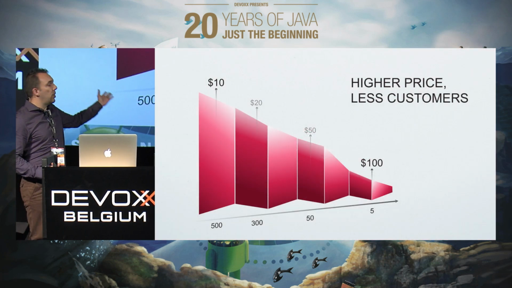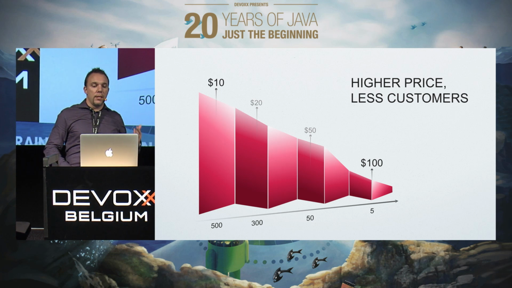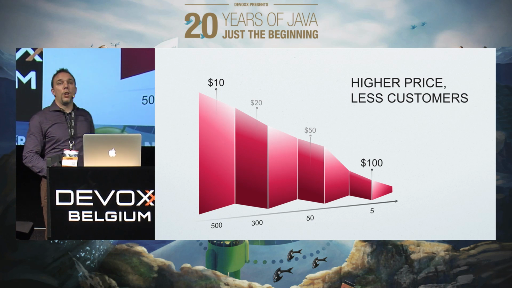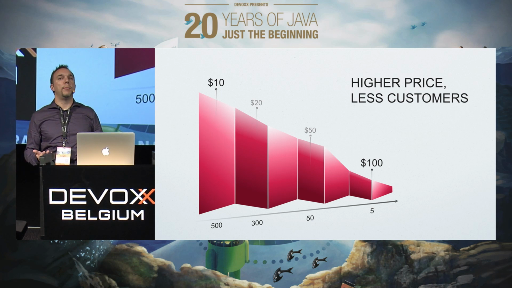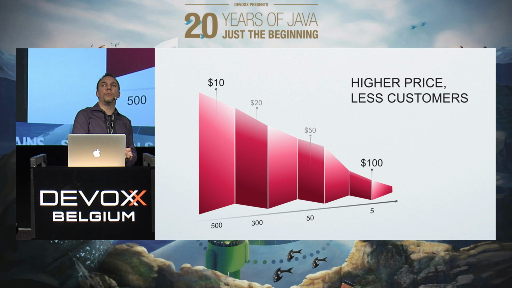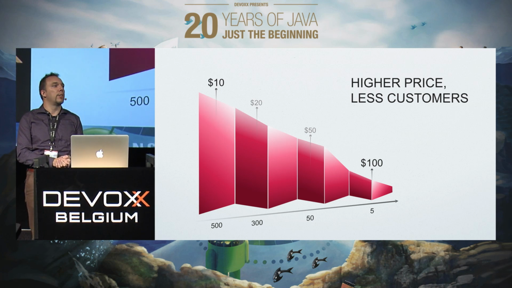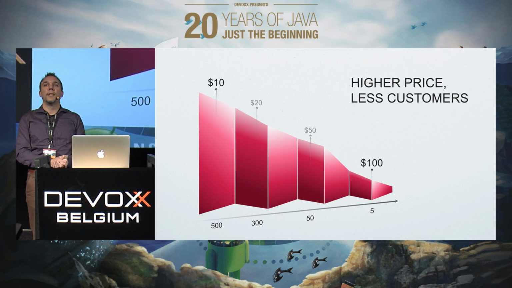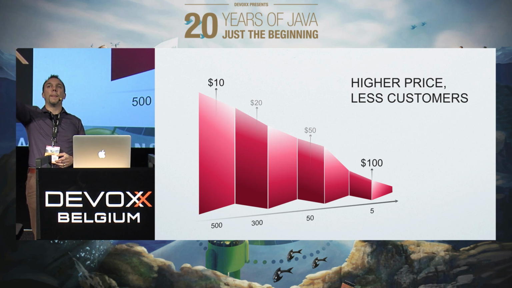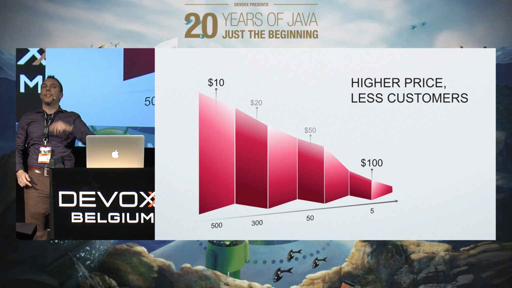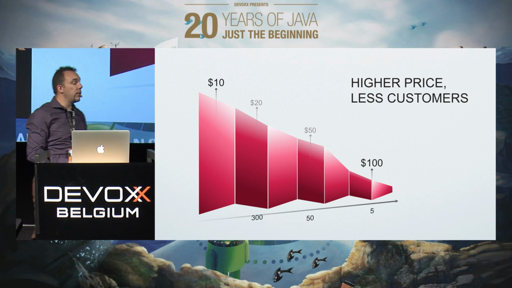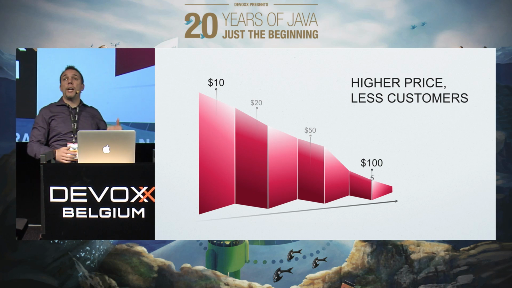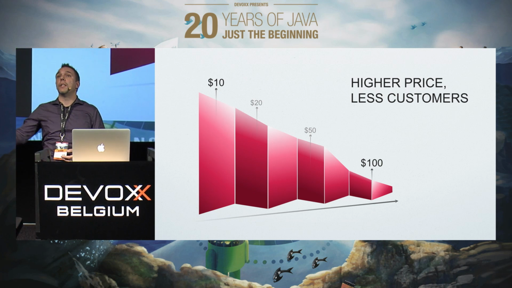Anybody an idea what this curve means? So it means that at a low price, you'll sell a lot of items. At a much higher price, you'll only sell a few items. Anybody any idea how that curve is called? That's a classical economical thing. Demand curve. Indeed, I heard somewhere it's a demand curve. Basically, at a lower price point, more customers will buy from you than when you put the same stuff on a much higher price point.